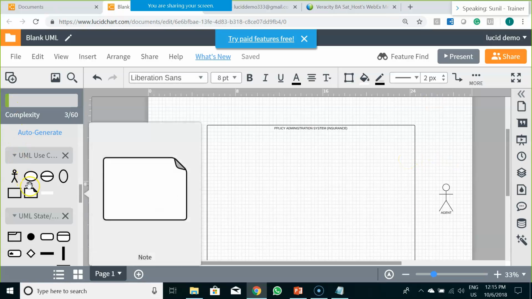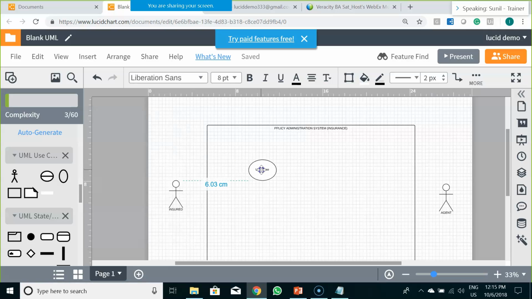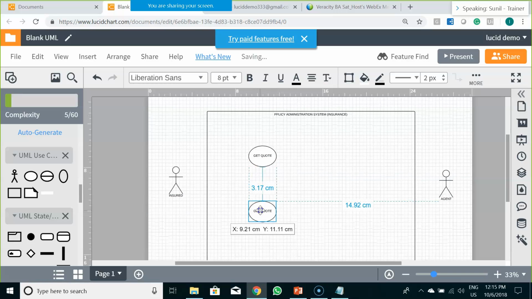Now what are the typical actions that you can think of? The action would be get quote or quotation from the system. What are the other actions that could happen in an insurance system?